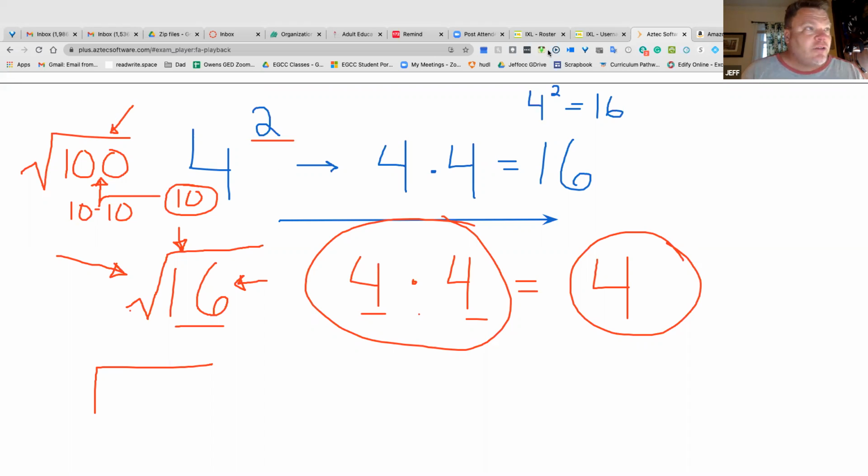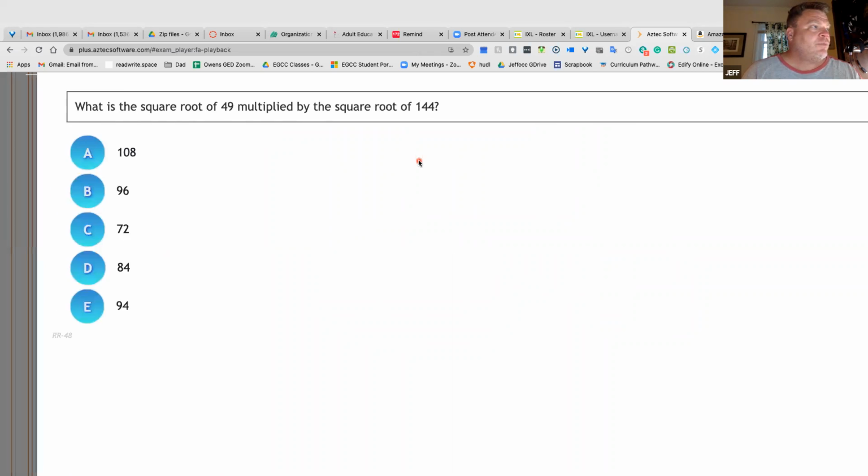So I'm going to clear all this off, and we're going to scroll over here to this question. What is the square root of 49 multiplied by the square root of 144? So they jumped a little bit further down the road than I was hoping to do. But anyway, square root means this thing. And we put 49 in the house. Then they said multiplied. Same thing, square root. So we build that little house,